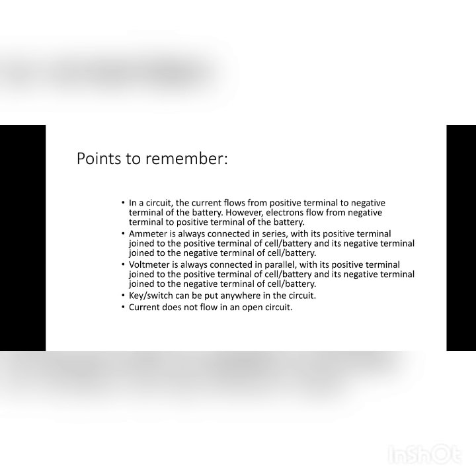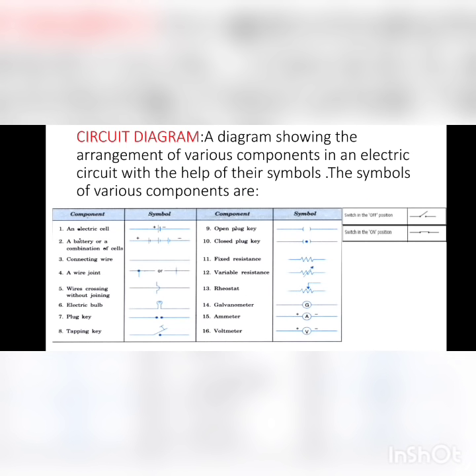Fine. Now these are the circuit diagram symbols. You should remember these symbols by heart, because we are not going to draw the actual component. We are just going to draw the symbols of the components when we draw the circuit diagram in a given situation. Fine. So you can see here that an electric cell has a positive terminal and a negative terminal. The positive terminal is a vertical line which is bigger than the other one, and the negative terminal is a vertical line which is smaller than that of the positive terminal.